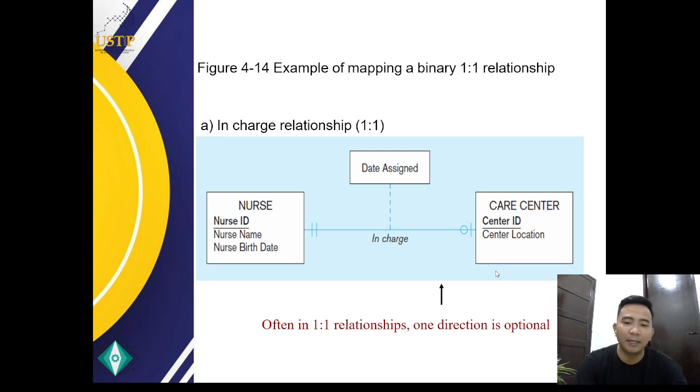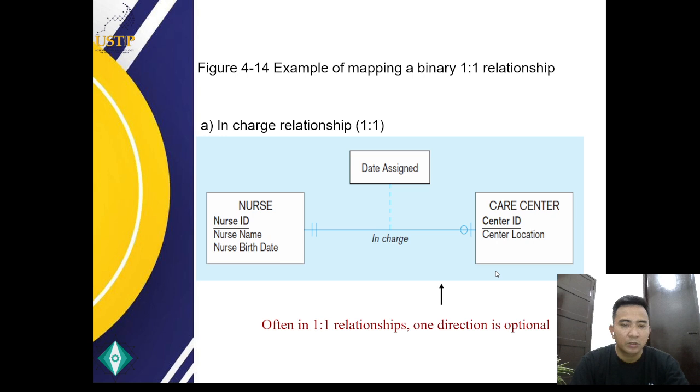Therefore, the primary key of the care center, or the center ID, would become a foreign key in the nurse relation. So we can have here the nurse relation: the nurse ID as the primary key, nurse name, nurse birth date, and we can add at the bottom the center ID as the foreign key.